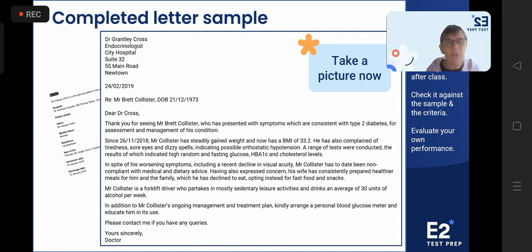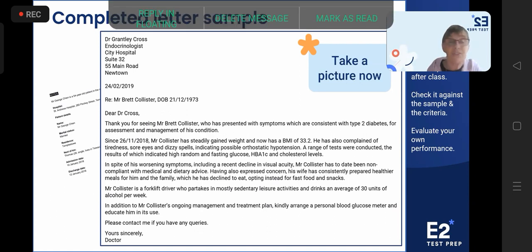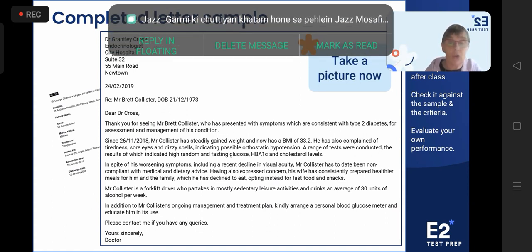All right. I mean, I don't think I put it there. I probably put it the other way, like, assess and manage Mr. Collister's